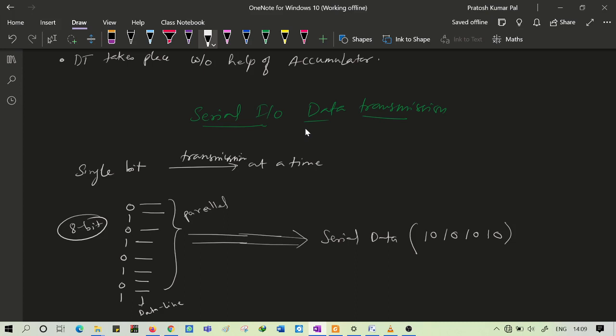The method through which we convert is called a parallel to serial converter. Then in serial data, one data will be transmitted at a time. After transmitting the first data, the second data will be transmitted, then the third one, and the fourth one. This is how we transmit the data through serial data transmission.